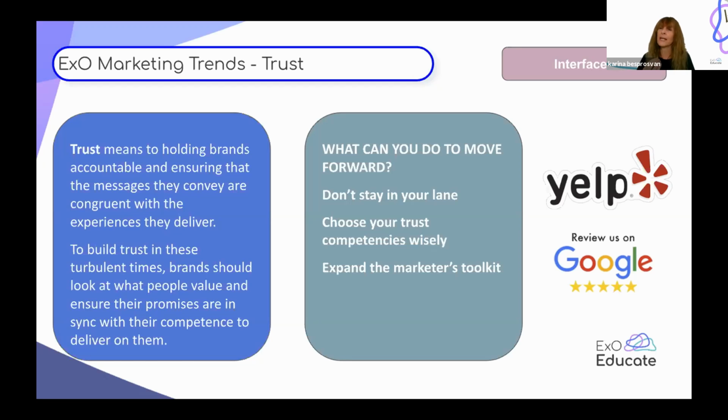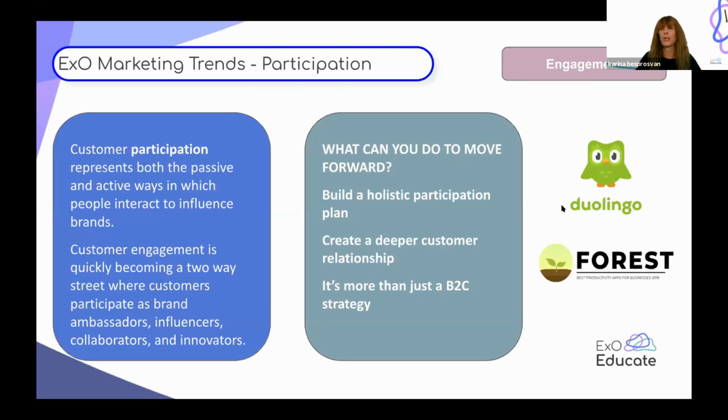This is very, very important today, to have a real-time conversation, and that people can reach you very fast. And moving to the next one, that also is a very important trend, and it's related to community, to trust, and to engagement. You are going to see that all the attributes and the trends are related, because I said at the beginning, one is not enough. We need to build an exponential marketing strategy using four or more of them. And engagement is the way that people start to interact with brands, and they are going to tell the brands what they feel.